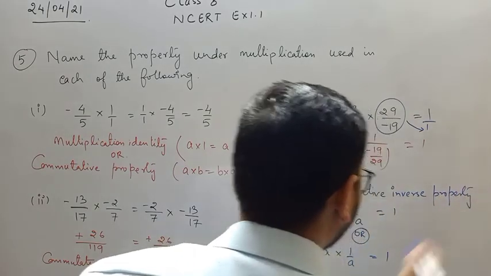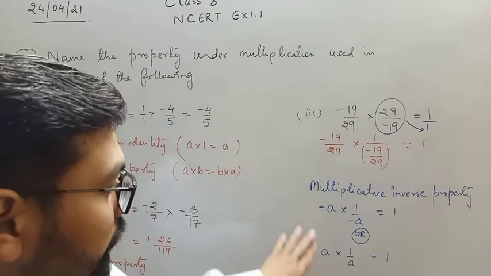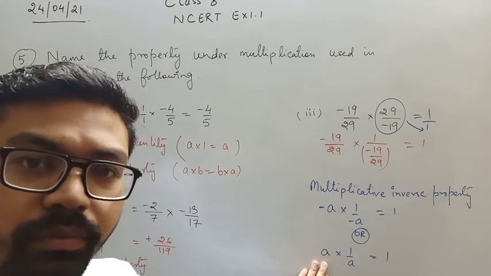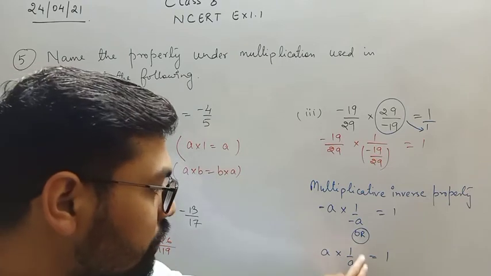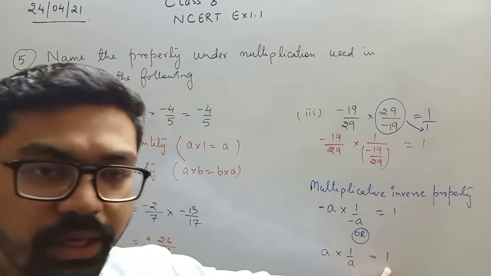बेटा, multiplicative inverse property जो आपको मैंने बताई थी, उसमें यही था कि let's say you have one positive number a. अगर आप इसको इसके multiplicative inverse, that means 1 upon a से multiply करते हैं, तो result कितना आएगा आपके पास? 1 आएगा,